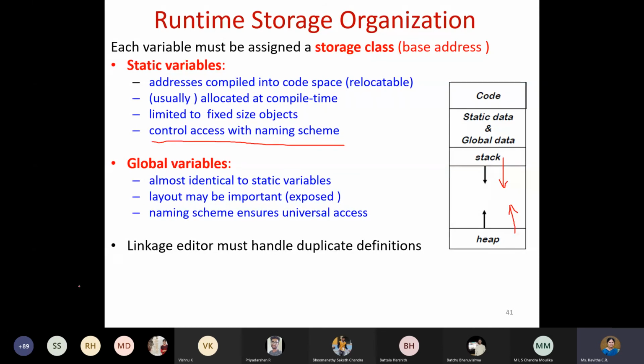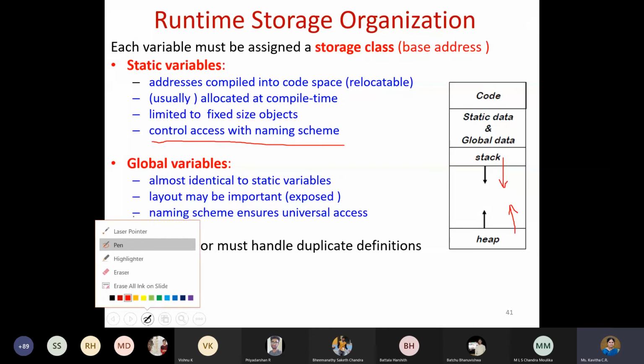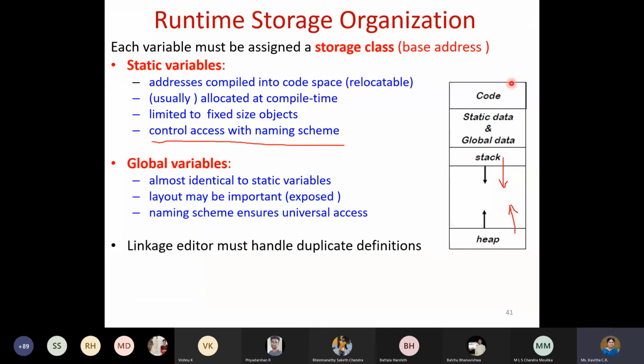Usually this is the organization, whatever is shown in the right side diagram. This will be the classical organization. We have some space for code. Then we have the static data and the global data, which is almost fixed. We know everything at compile time. And then during the runtime, we will have to maintain the stack for the activation record and for running through the functions. And if you want to increase the lifetime of the variables and the data, then you'll be using the heap. And for all this, definitely the linkage editor must support, and therefore it will define all this, whatever has to be handled, it will take care of that.